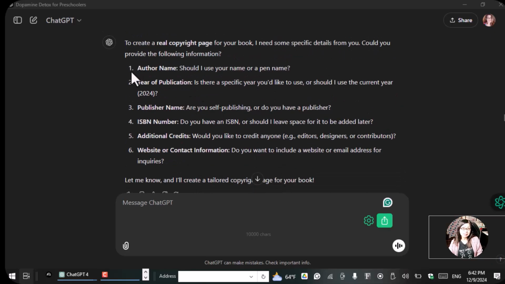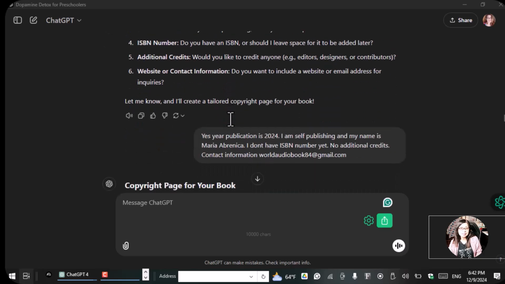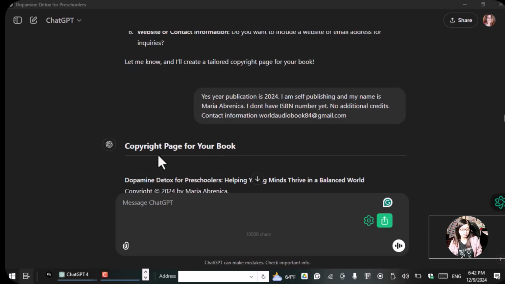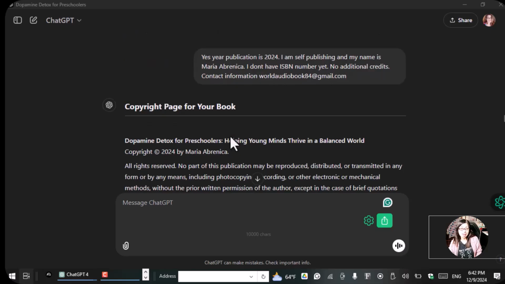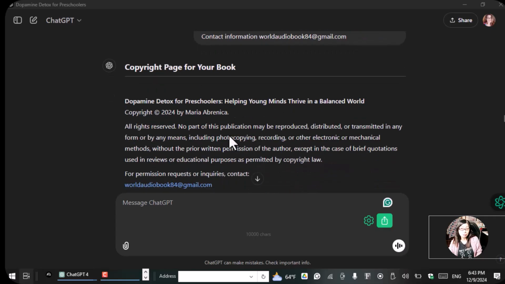So I submitted all of the details that ChatGPT needed. I put my name and the year and the publisher name, and then there you go. Yes, the publication is 2024. I am self-publishing, and my name is this, and that. And then here is the copyright page for your book. So ChatGPT already created the real copyright page for my book, which all I did was copy all of this